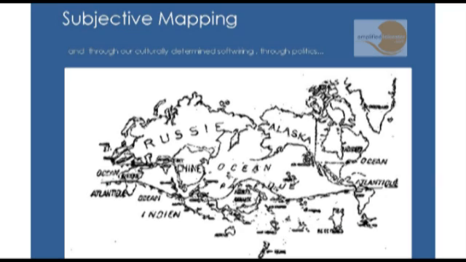This is a map by the Surrealists in the 1930s, who had particular political views of the world, and they were very, very fond of Russia because communism hadn't become the black word that it subsequently became. And they thought, well, Alaska is near Russia, so we'll give that quite a lot of importance. So Alaska's enormous. They didn't like the USA, so they've taken it out of the map completely. And Canada has bumped into Mexico. Australia, apparently, they didn't like because it's got much smaller than New Zealand. So it's a subjective map according to their political views, and it's obviously humorous.